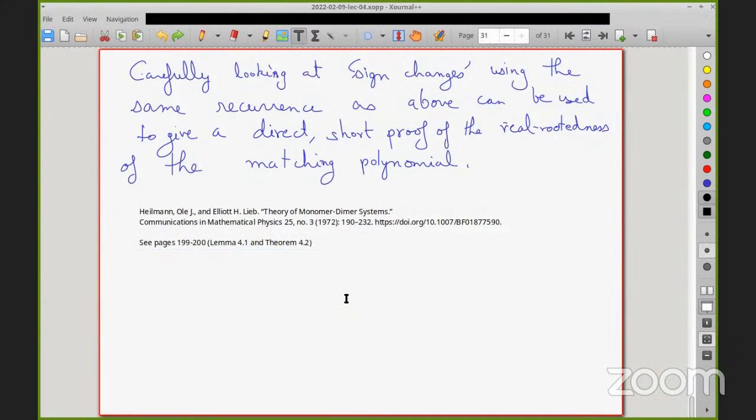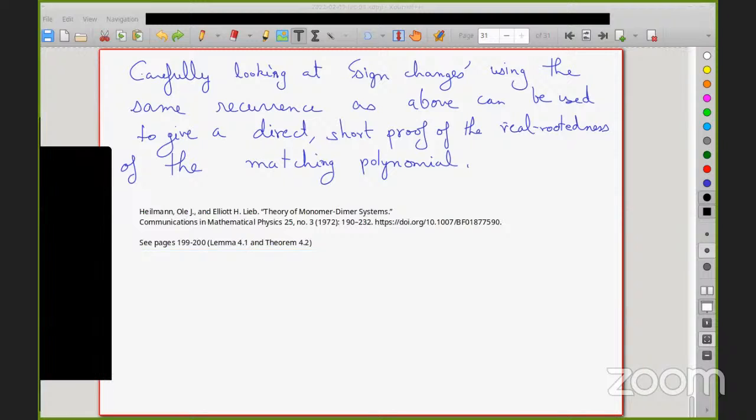Okay, so that's it. If you have any questions... Are there some open problems regarding the matching polynomial, or is it more or less completely understood? Open problems regarding the matching polynomial. I mean, or the